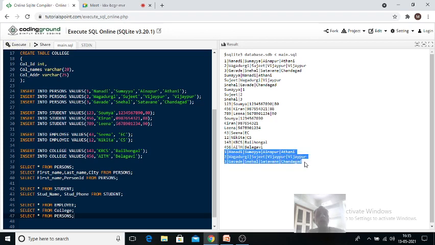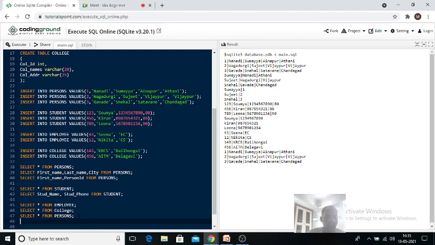If I don't want this, and want to delete all the values, what do you need to do? Just truncate. What do you want to truncate? Table. And what is the table name? Persons, semicolon. Just execute it.